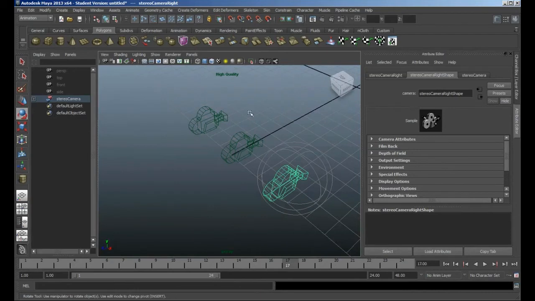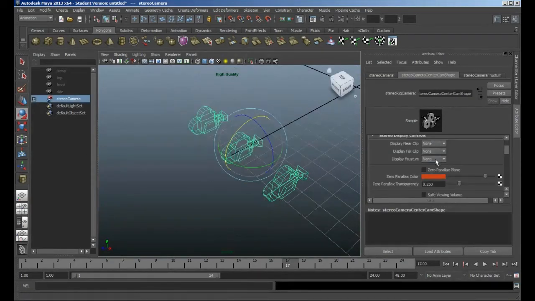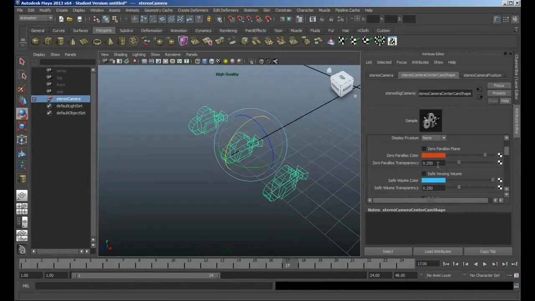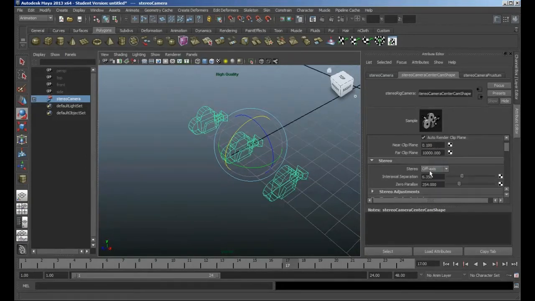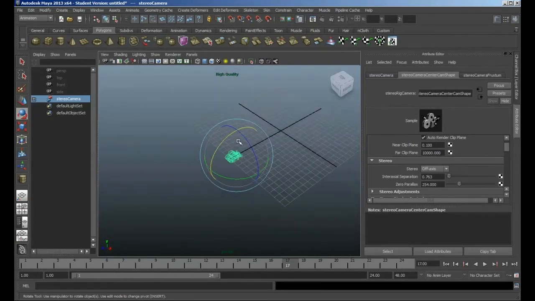So I'm going to go straight into the attribute editor for this group, and you can see down here, let's just go back to the top, we've got near and far clip frames as usual, focal lengths as usual, and then we've got this thing here, the interaxial separation, and if you reduce that, it's bringing the cameras closer together. Now in a scene with this sort of scale that I've got here, these cameras need to be pretty close together to give the correct 3D effect, because if you imagine these 2 cameras are someone's eyes,